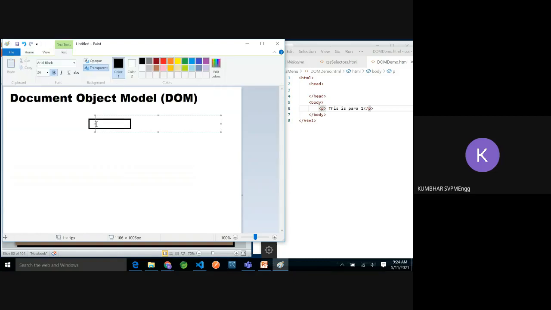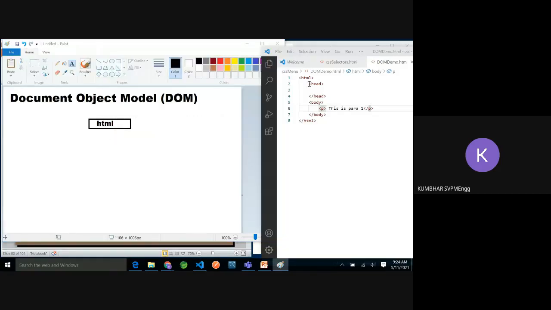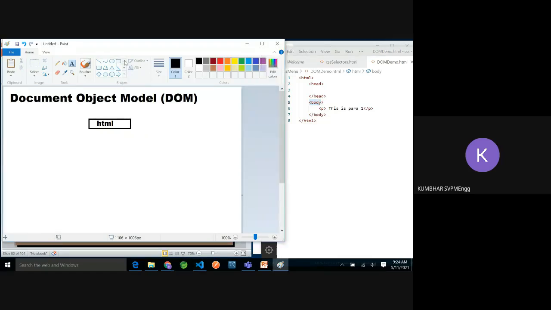HTML is always the root tag. Then in the HTML you can find head and body as the two children.